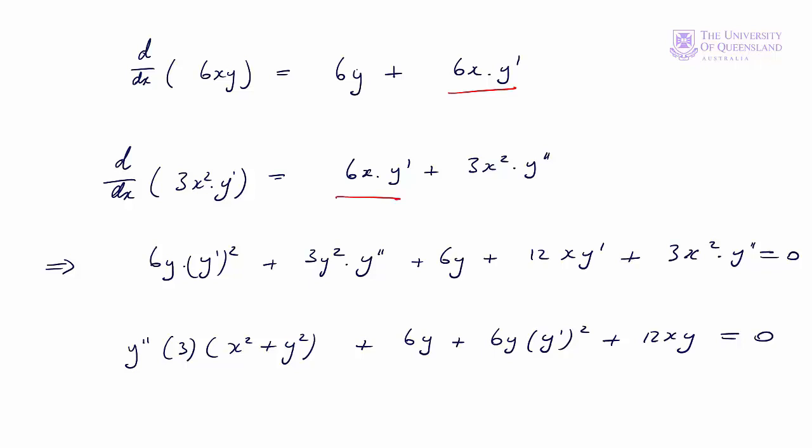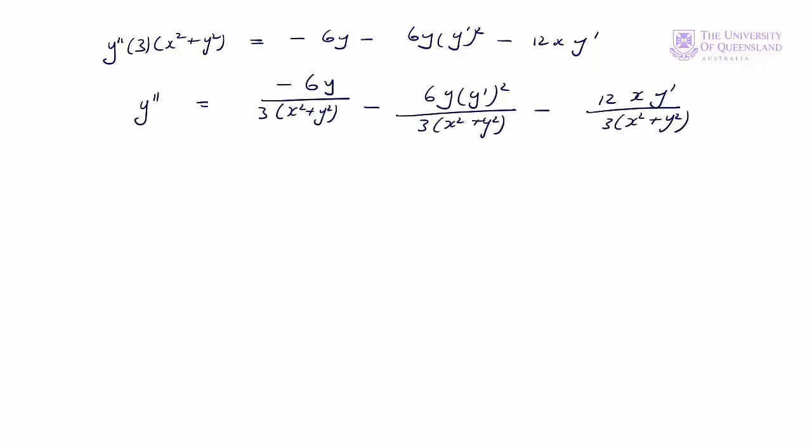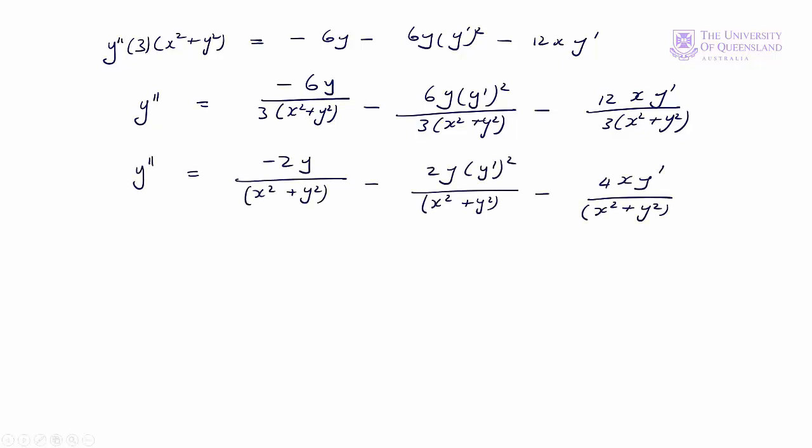Let's see if we can find an explicit form for y prime prime. We can subtract 6y times y prime squared plus 12xy from both sides. Our next step is to divide through by 3 times x squared plus y squared. In this case, as we'll see, it's simpler to treat each of the 3 terms on the right-hand side separately. We can cancel out the 3's in each term. Next, we want to substitute in for y prime. We have y prime here and here. That implies that y prime prime is equal to, the first term is the same,